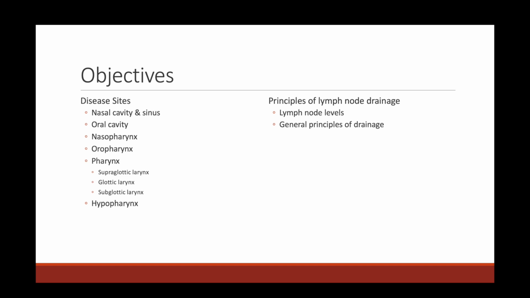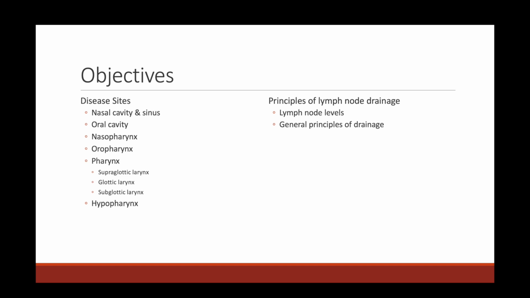within the head and neck and the various subsites within each of those areas, and different substructures and important anatomical landmarks. In this talk, we're going to talk about some important principles of lymph node anatomy, including how we define the different lymph node levels within the head and neck. And we'll also talk about principles of drainage. So we'll talk about how different disease sites tend to drain to different lymph node levels, again, depending on their